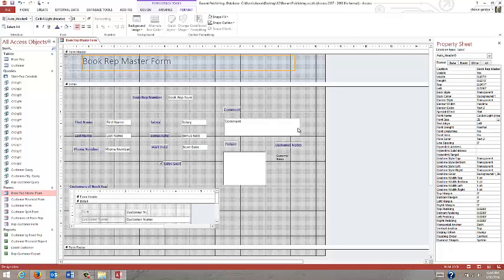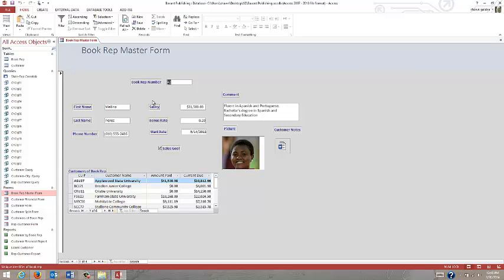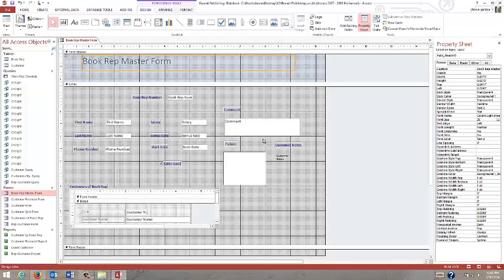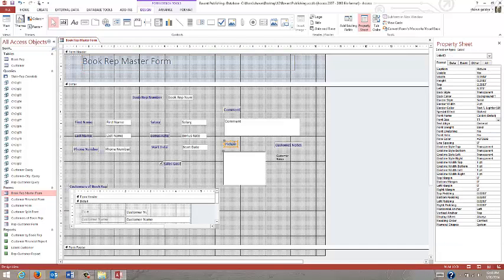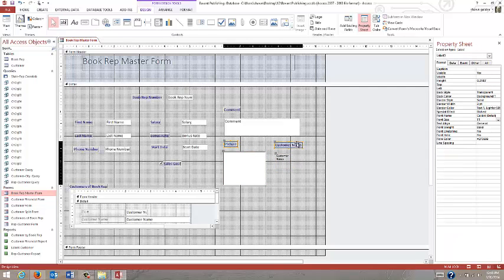One thing I do want to mention, I didn't mention this in the last part, but when you actually run your form, by run I mean view it. So let's view the form. One thing I want to mention is, and this is kind of a handy thing that some people use a lot, some people don't, is you hit your tab button, it goes through in a special sequence to all of the items. Now, something I didn't do, and I'm going to go fix it right now, is we don't want all of the items to be tabbable, which means you don't want your picture or your customer note to be tabbable. So what you can do with that is if you click on picture and customer name,